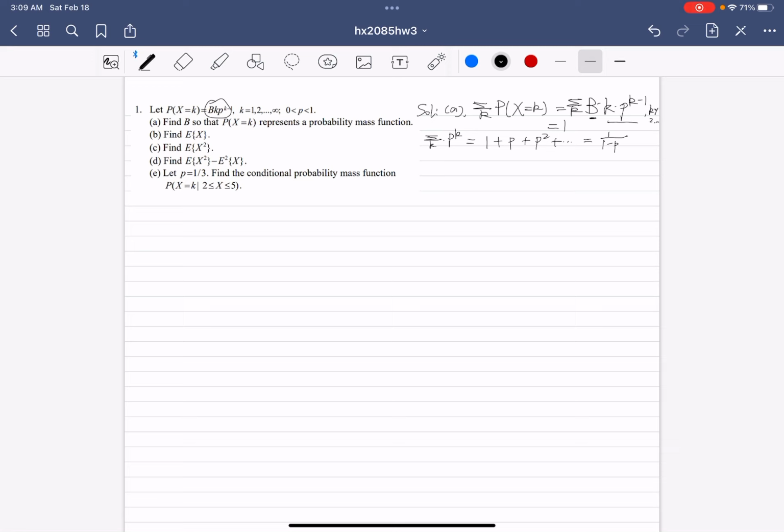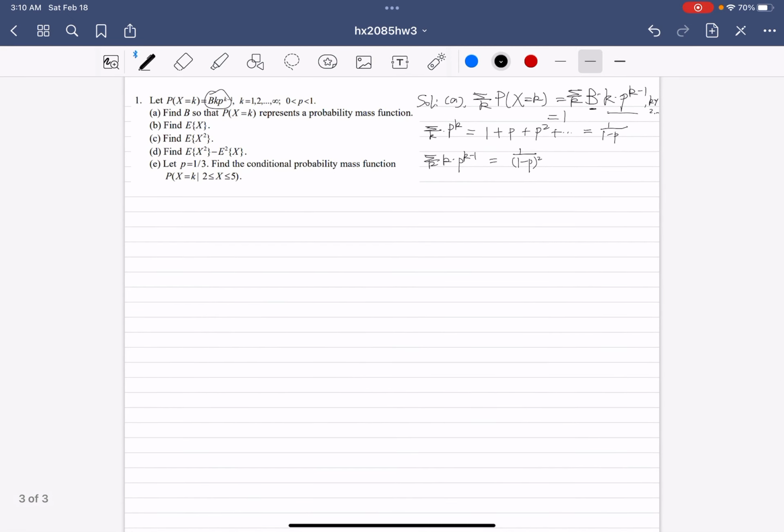And now we can differentiate both sides with respect to p. The left part becomes the sum of k times p to k minus 1, and the right part becomes 1 divided by 1 minus p squared,